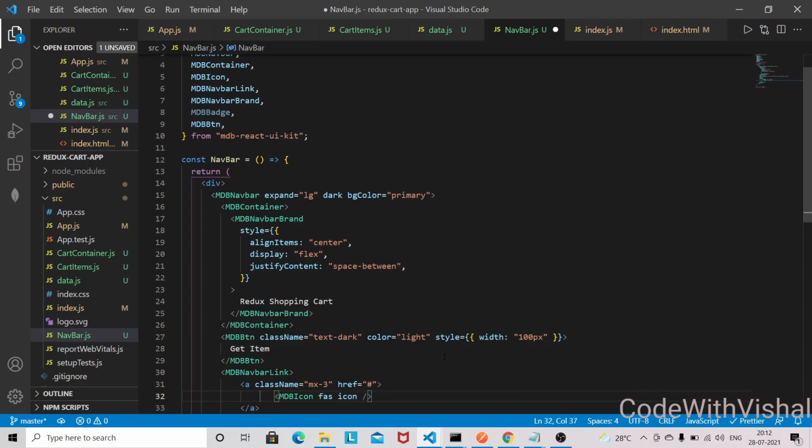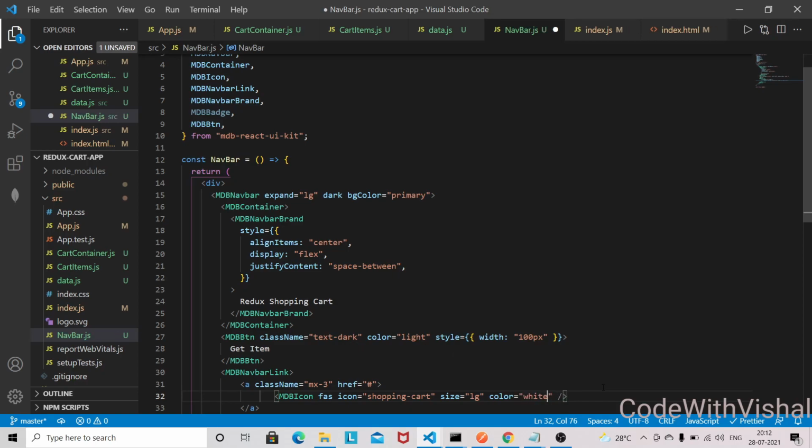So the icon will be like shopping cart, and size will be LG, and the color will be white.